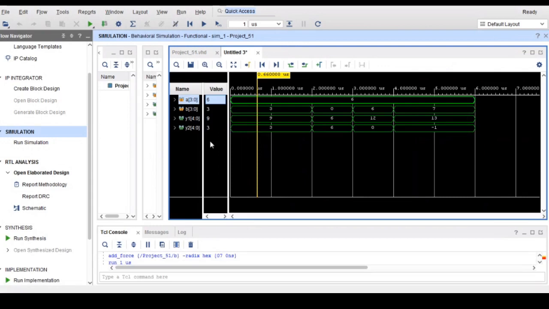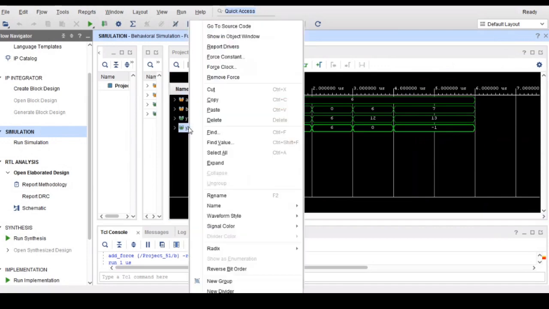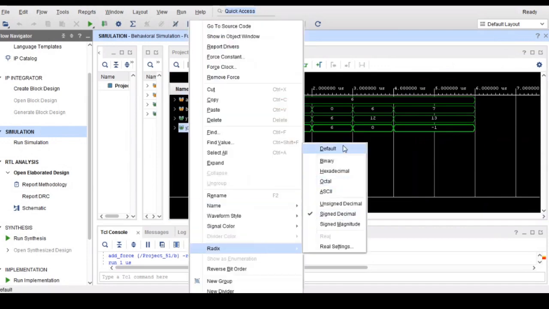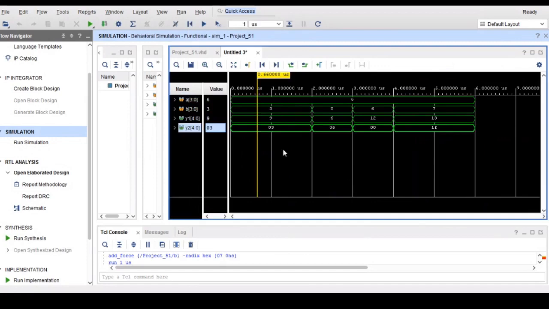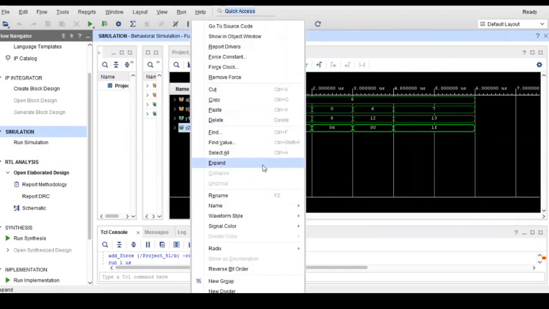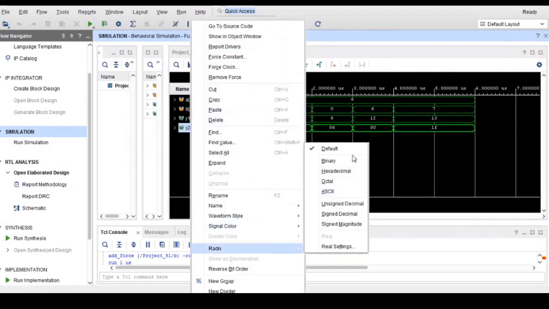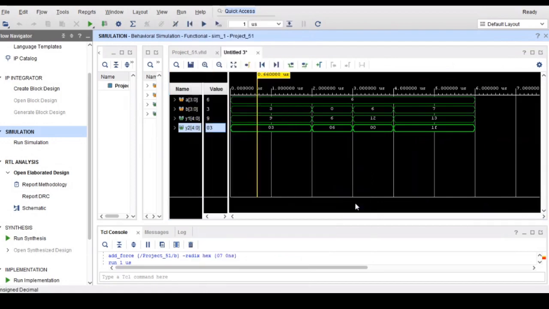First, A is greater than B. Feed one value and check the result. Run the program and check.